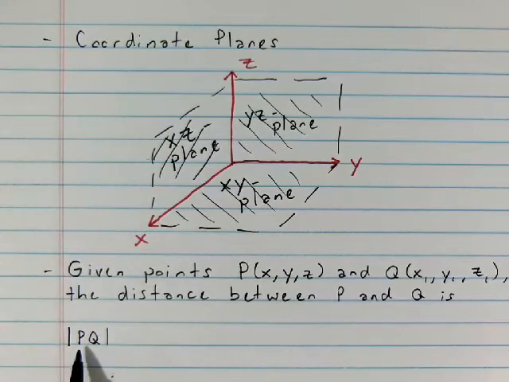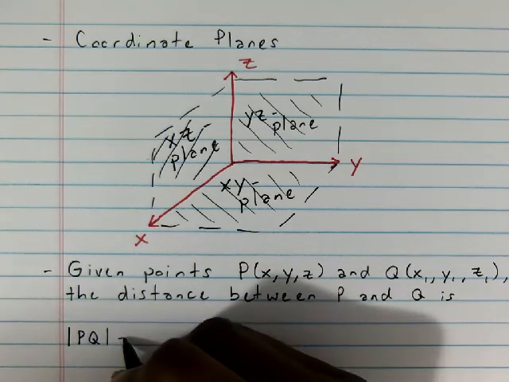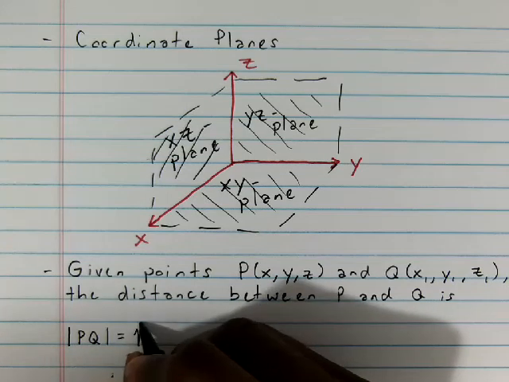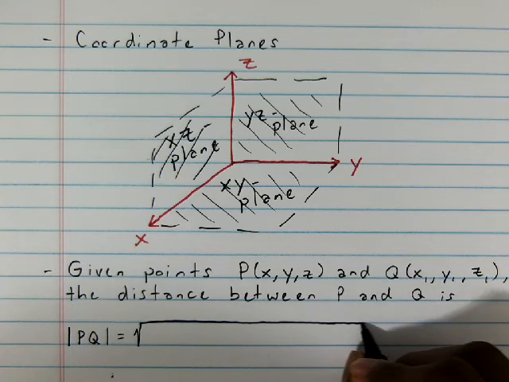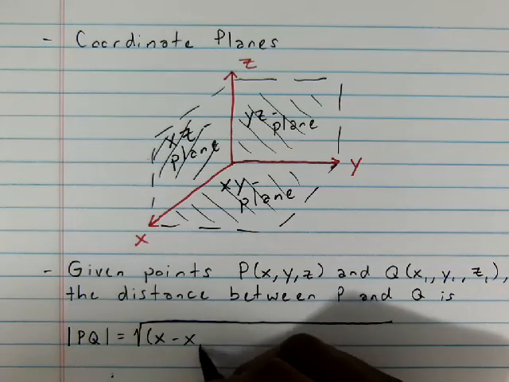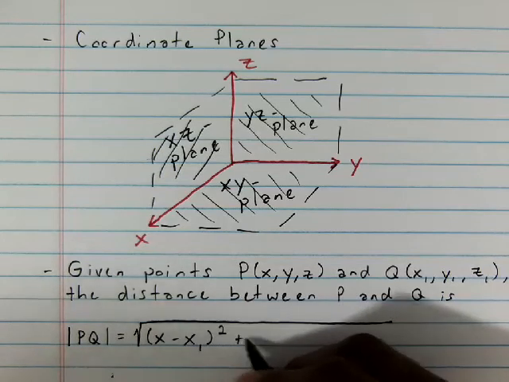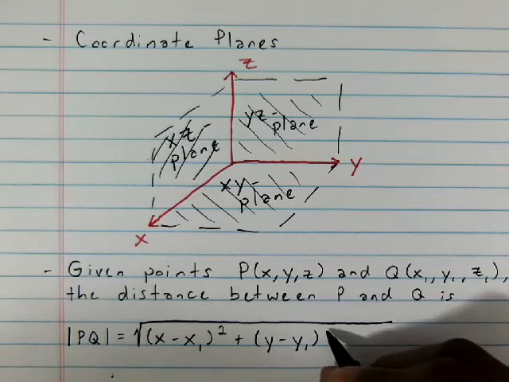This just means the distance between P and Q, or sometimes you'll see a capital D to represent the distance between 2 points, is equal to the square root of the quantity x minus x1 squared